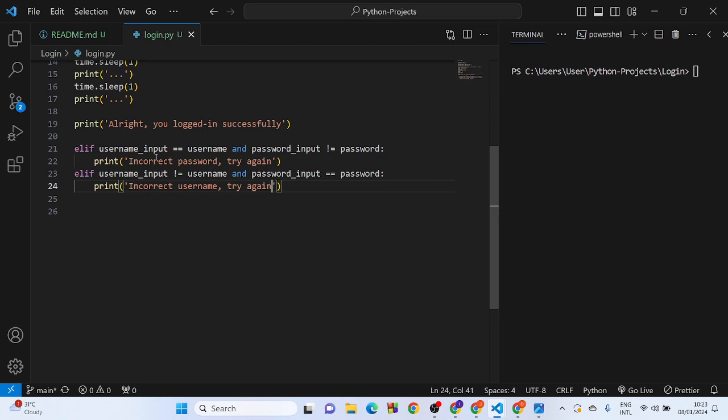So these two statements: if the username is correct, exactly the same as the correct one we entered above, and password is wrong, then print incorrect password, try again. And if the username is not the same, is wrong, and password is correct, print incorrect username, try again, just like that. So after that, we go ahead to do the last, which is the else statement. That's how if else statements work. So we do else